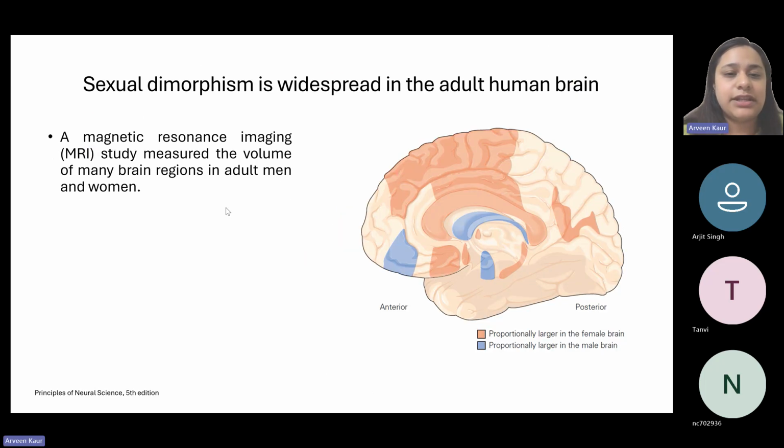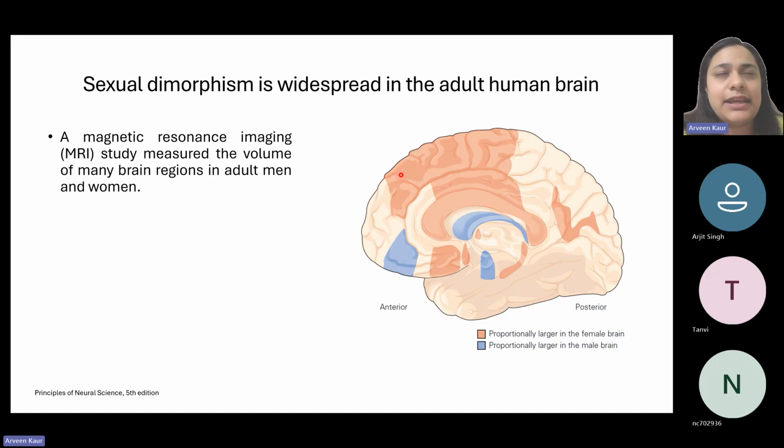Also, this kind of sexual dimorphism is widespread in the adult human brain, right? This is a representation of an MRI image, which studied and measured the volume of many brain regions in adult men and women, right? They had multiple subjects, they did the MRI on them, and based on the MRI they have seen